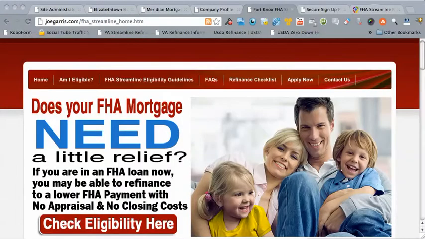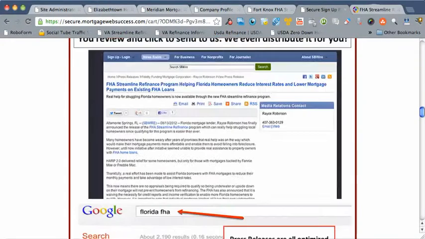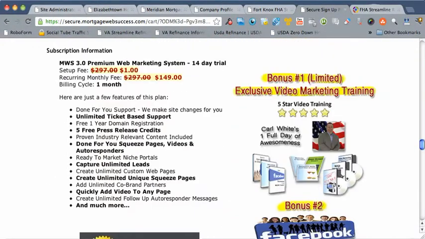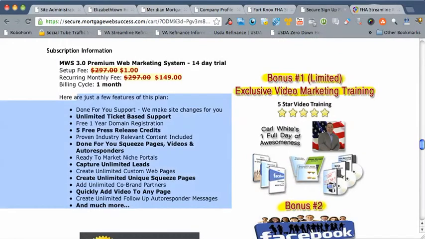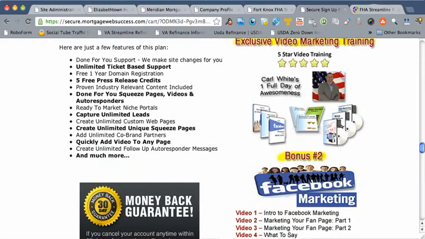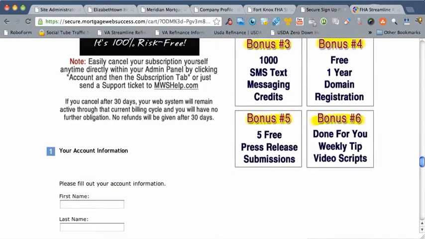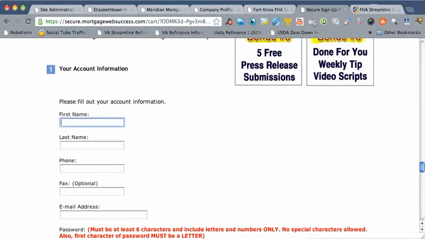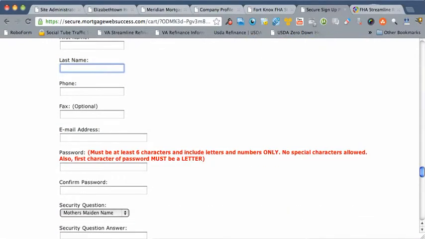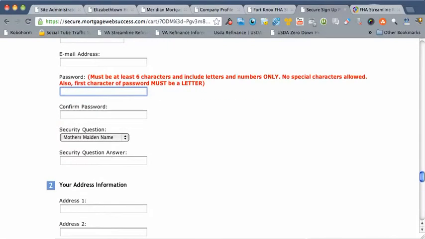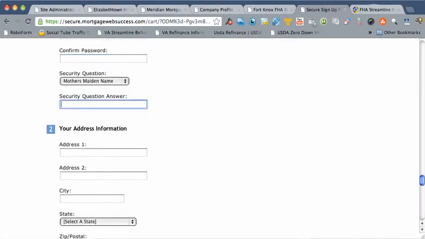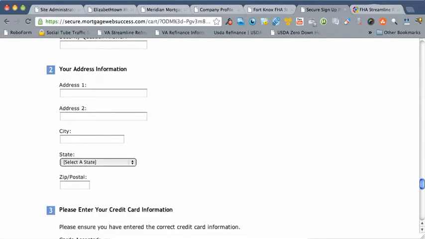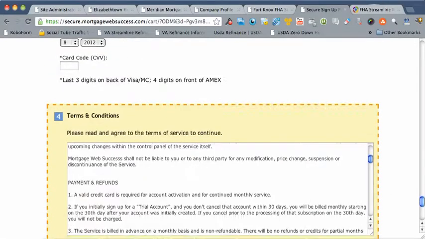So if you like what you're seeing here, all you have to do is scroll down to the bottom here and fill out your information. This gives you some of the other features of the system. It shows you the bonuses that we're giving you as well. Then scroll down, put in your contact information, put in your password, make sure that it's 6 characters and includes letters and numbers, and the first character must be a letter. Then confirm that password, put in a security question for yourself, and then your address information, credit card information,